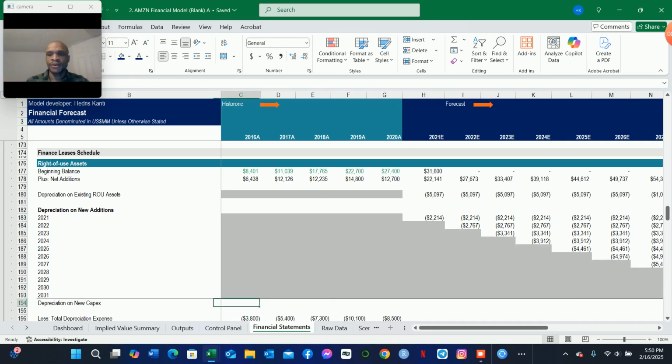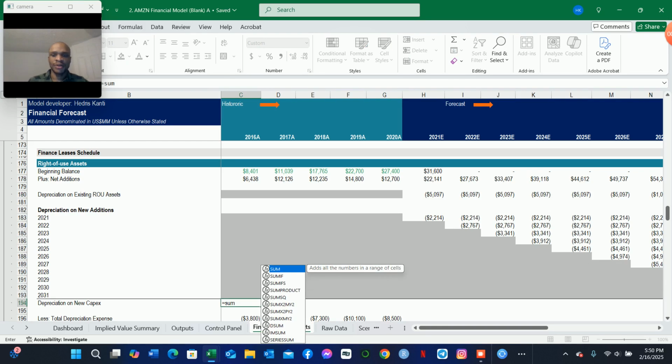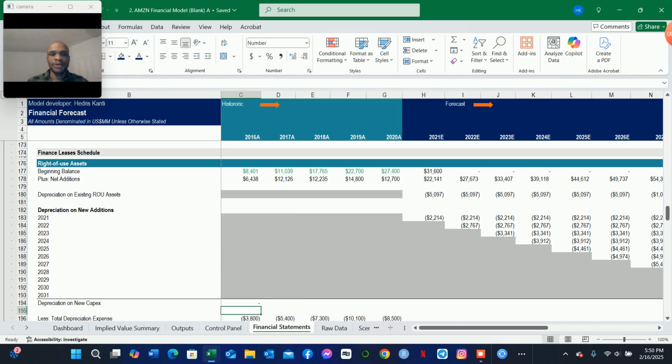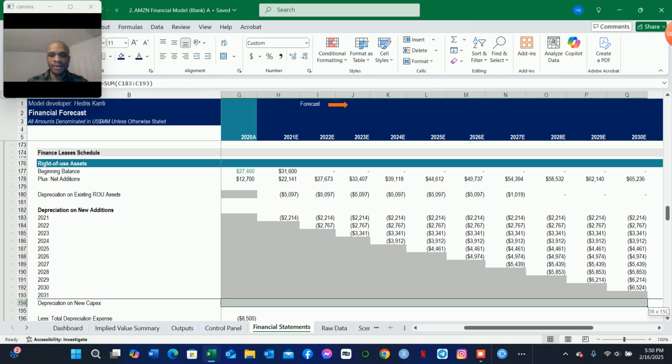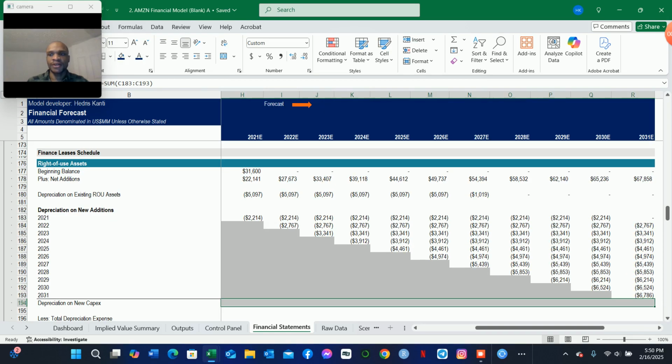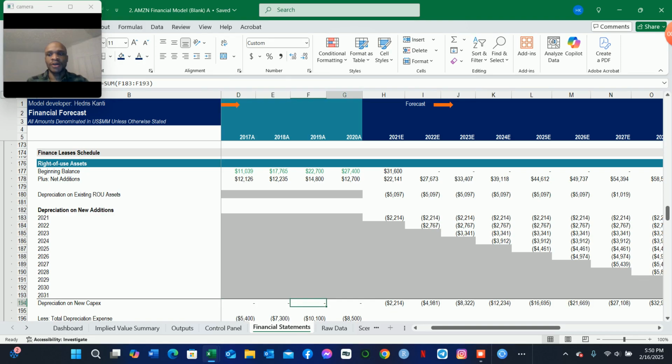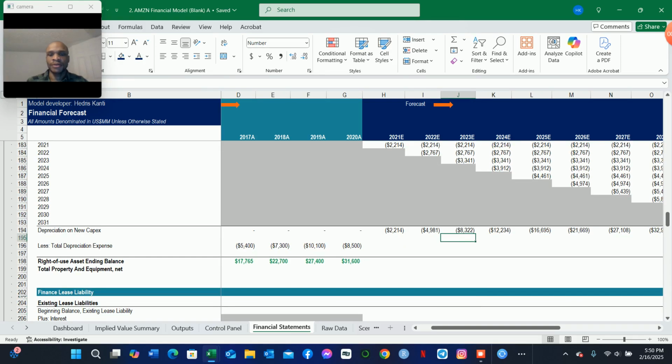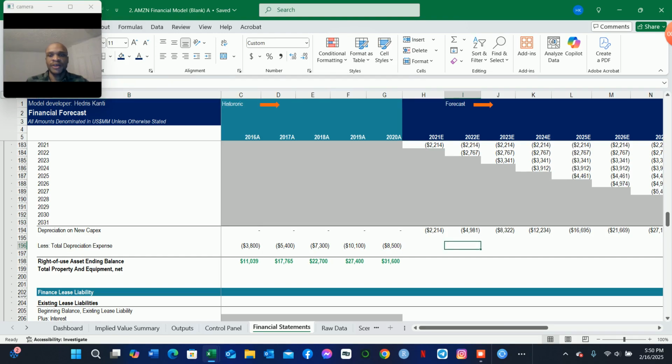So we can now sum the total depreciation for the new additions. It's going to be equal to, just beginning from here, if there was any from the historic period, we can sum that all the way and fill it right to the end of the projected period. So we have that set up in place. So now the total depreciation expense is just going to be the sum of the depreciation expense for the existing finance lease and the depreciation for the new